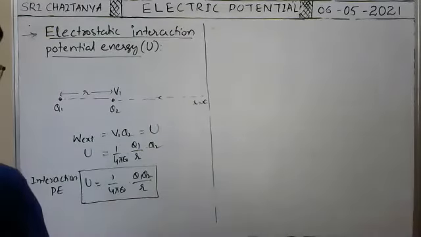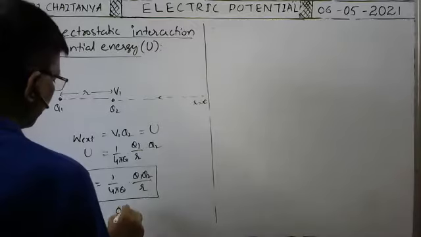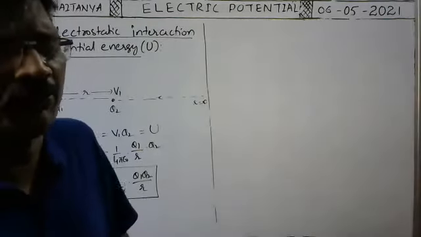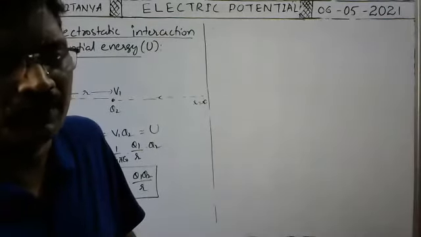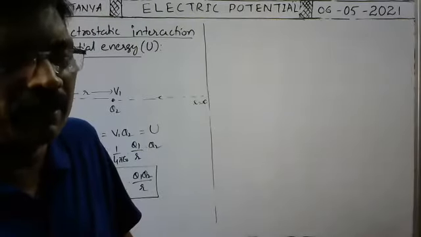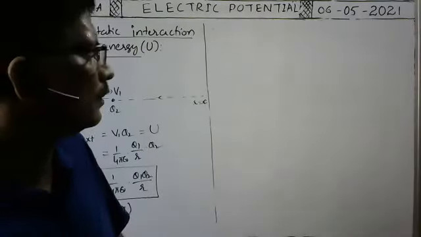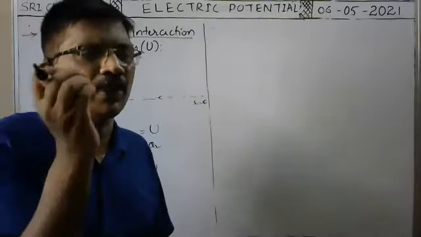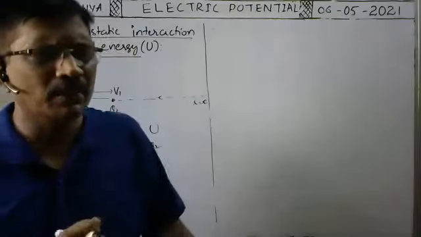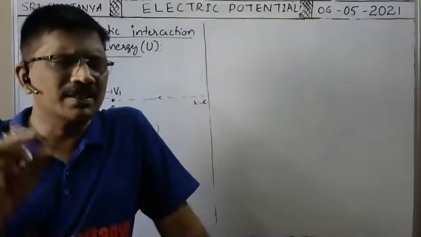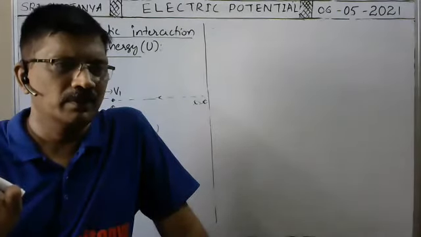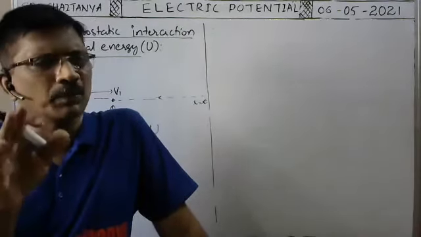Or by another method also we can do. While deriving the formula for electric potential, first, to bring the Q naught charge from infinity to a point, we have calculated the external work done. In such case, instead of Q naught, you imagine Q2. Okay, then you follow the same procedure.